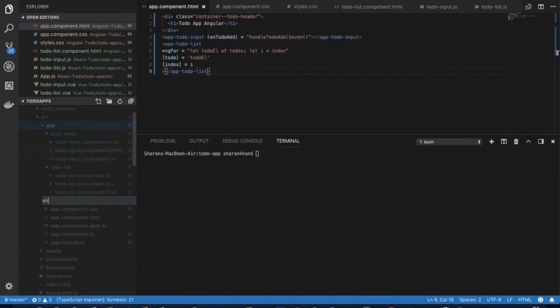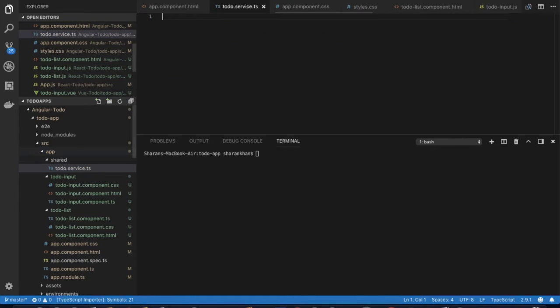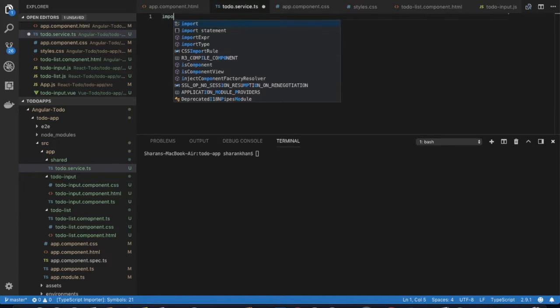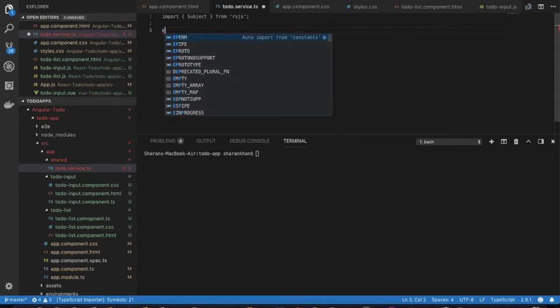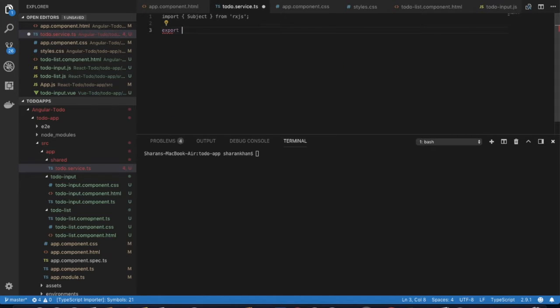Shared to do delete not. Let's just name it to do service for now. Yeah, to do service.ts, and we need to import subject from rxjs. Export class to do service,